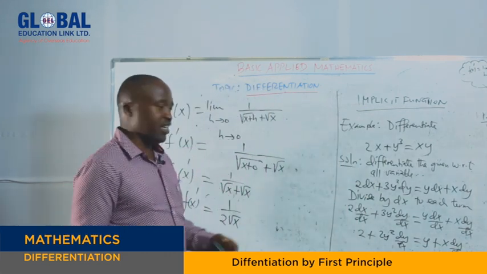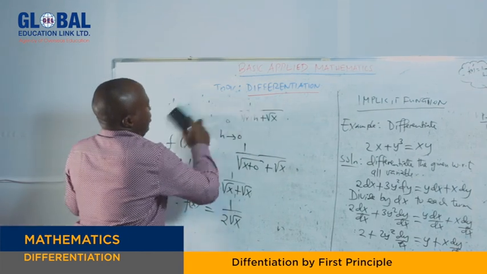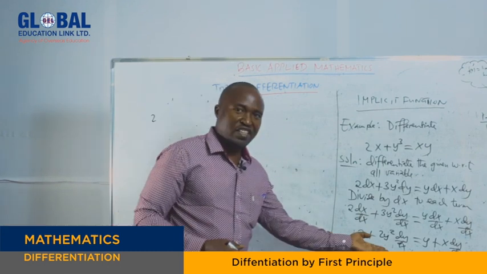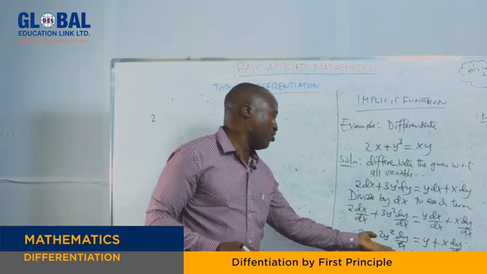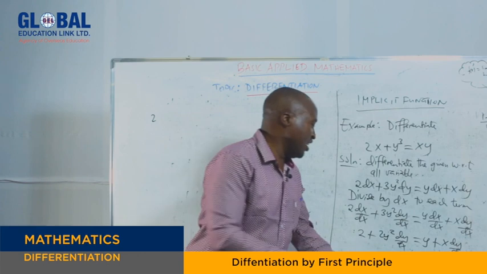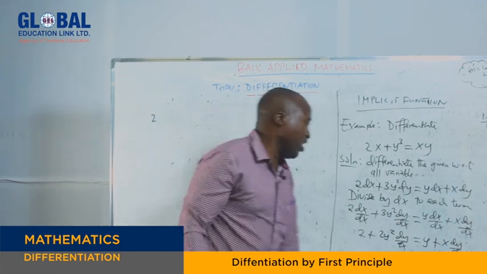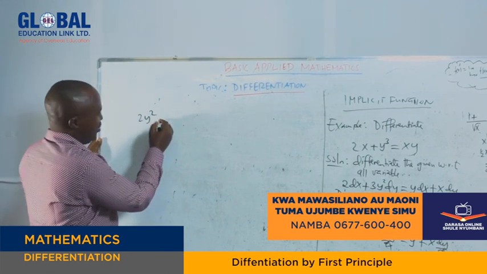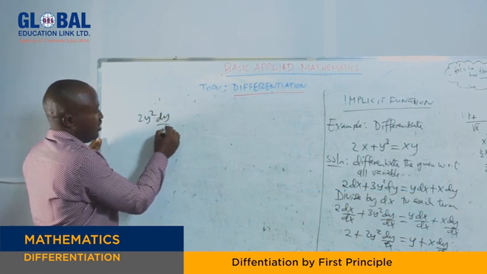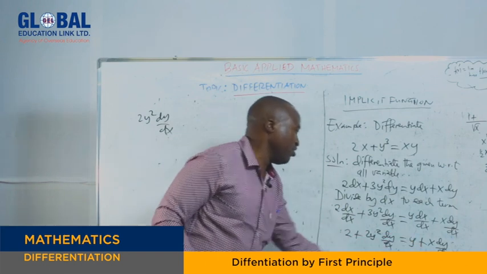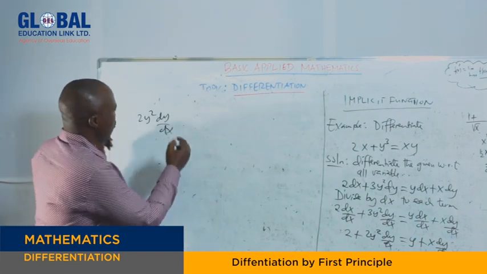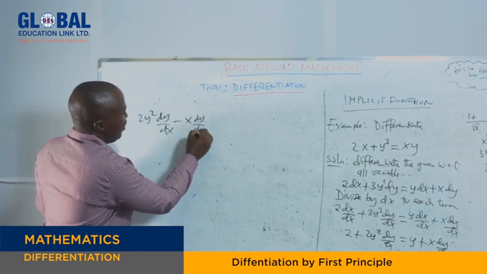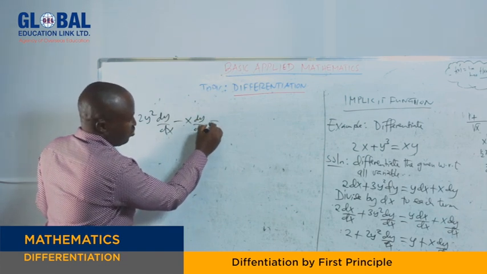Now let us collect like terms together. On collecting like terms, on our left hand side we have the values for dy/dx, and on our right hand side we also have dy/dx. So we put them together, we are going to have 2y² dy/dx. Now this one is positive. When you shift it to the other side, it will be negative x dy/dx, which is equal to,